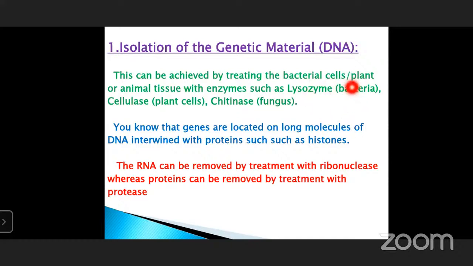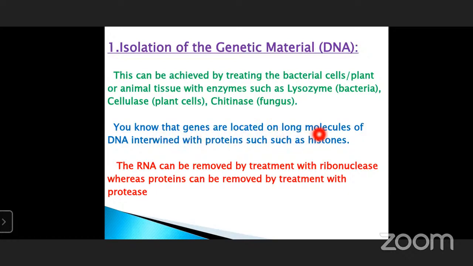If it is a bacterial cell, the enzyme is Lysozyme. If it is a plant cell, Cellulase enzyme is used for the digestion of the cell wall. In the case of fungal cell, Chitinase enzyme is used for the digestion of the cell wall. You know that